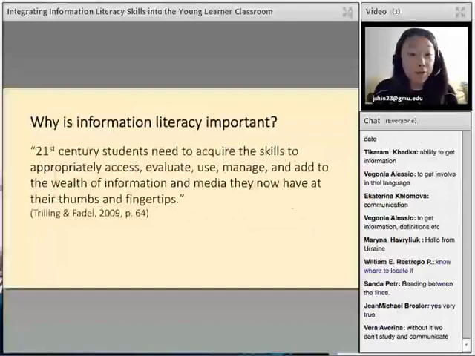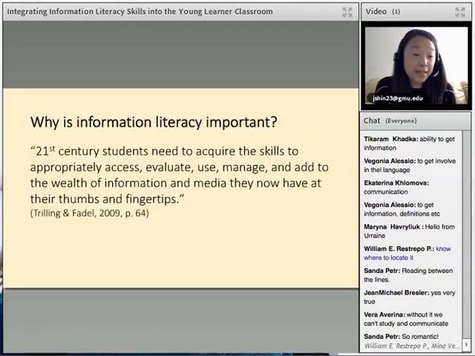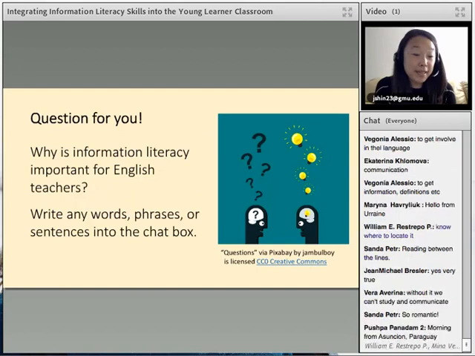Quite often, information literacy is always spoken about related to digital literacy skills or media literacy skills. In case you were interested in seeing